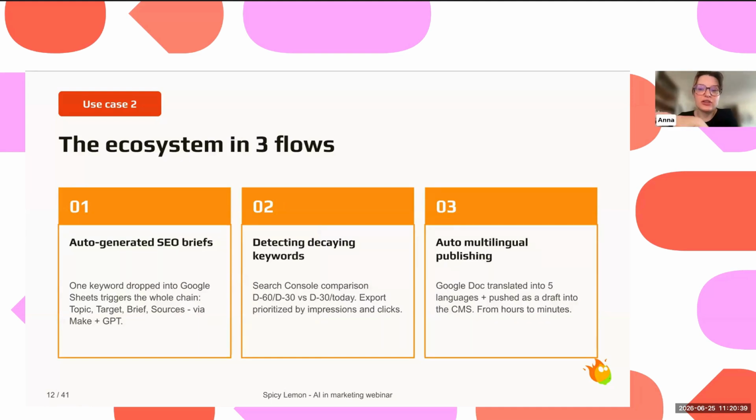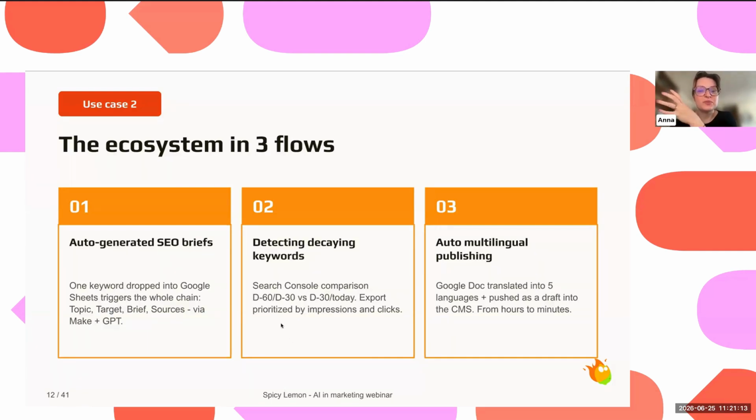So what we were doing, I think the first part, as you get it, it's kind of easy, is creating the automated, auto-generated SEO briefs. So as soon as we had one keyword coming there, it would generate the whole brief. It was easy to do with this client because they had already created 300 briefs before. It was something that was done by hand by several humans for years now. They really knew what made a good brief. They were able to give lots of feedback. And because of this, automating this part was very easy.